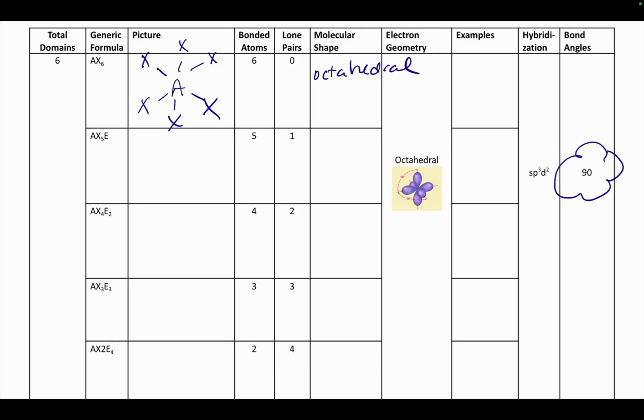So an example of this would be SF6. You'll end up with sulfur in the middle and the fluorines on the outside and no lone pairs on the sulfur. Another example of octahedral geometry, but with only 5